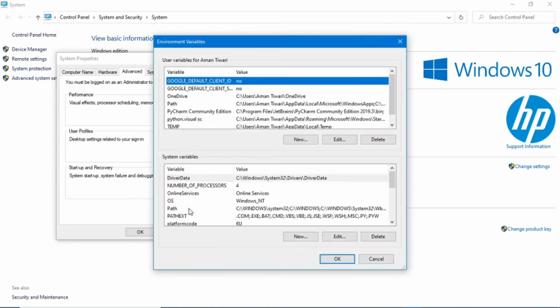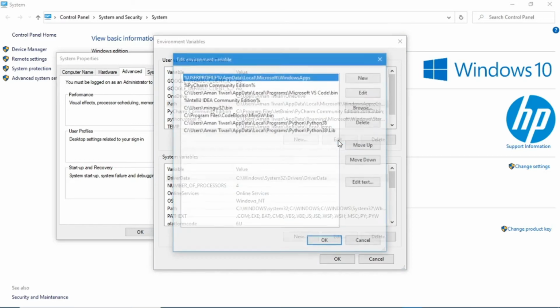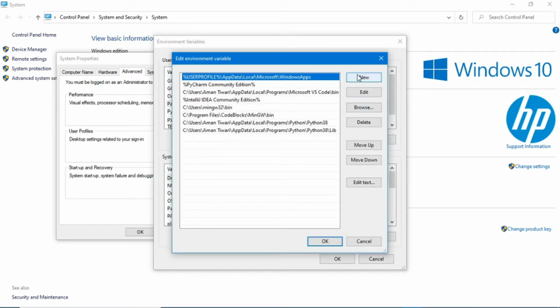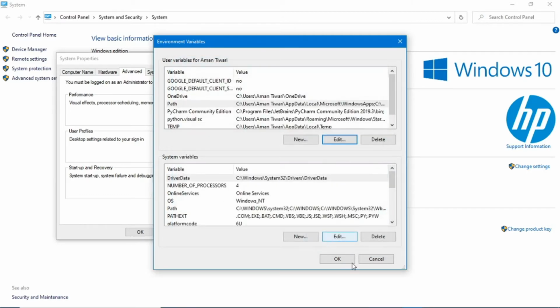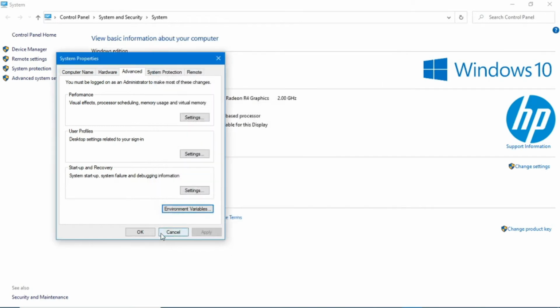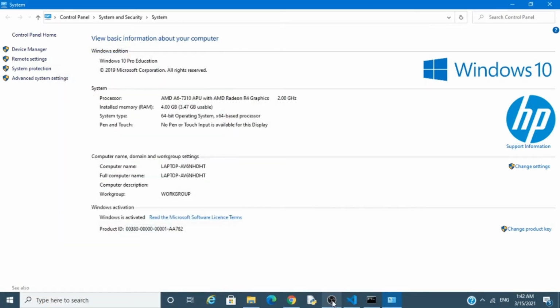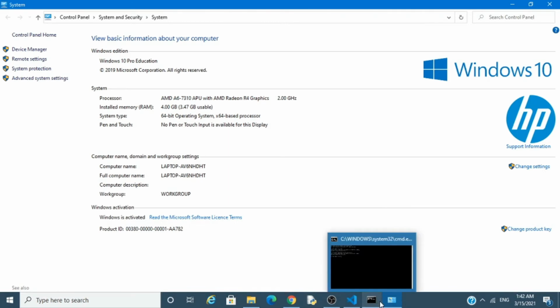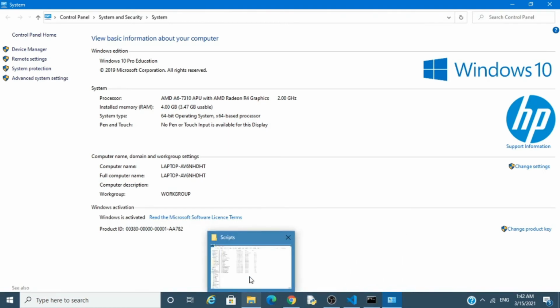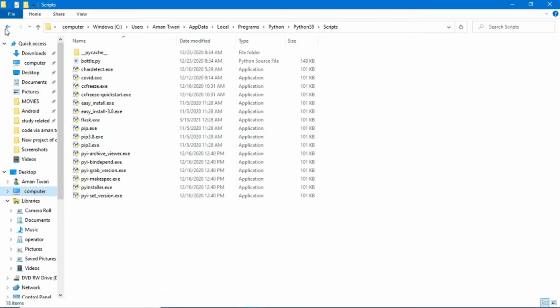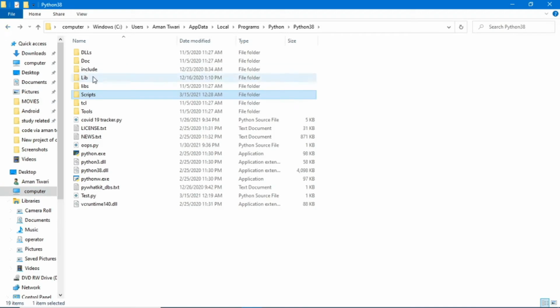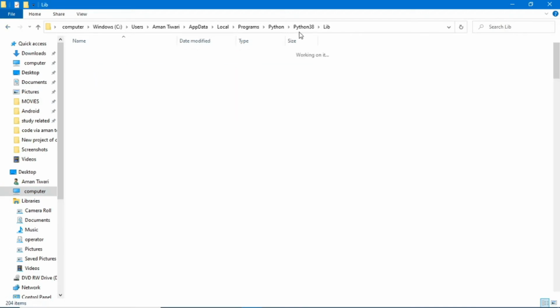Then go to Environment Variables, then go to Path, edit, new, and paste here. Okay guys, then OK, then OK, then OK.